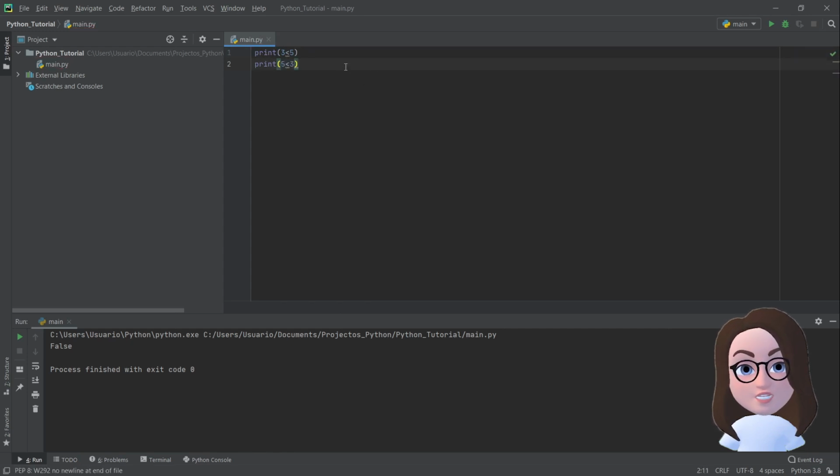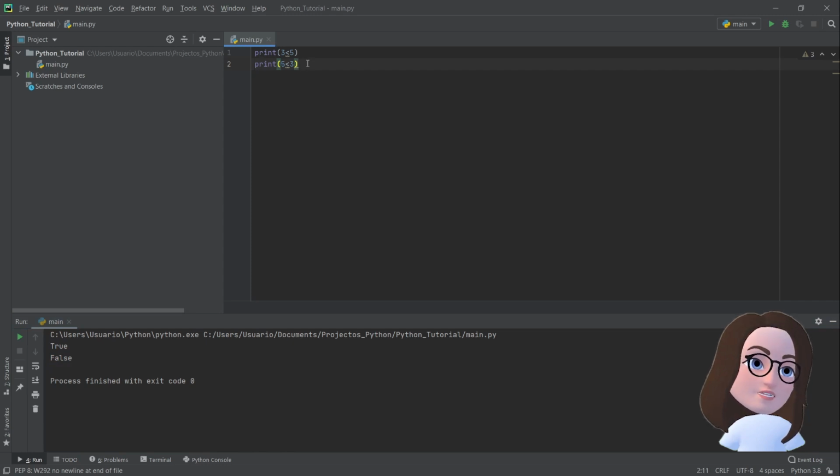We can see the first condition is true. 3 is less than 5, and so the first value returned is true. But then we print the value resulting from checking if 5 is less than 3, and because that is not true, we get the value false. A similar thing happens with the expressions less than or equal to and greater than or equal to. These check whether the value to their left is greater than or equal to, or less than or equal to the value to their right. For example,